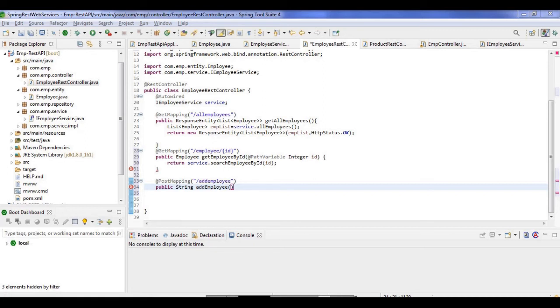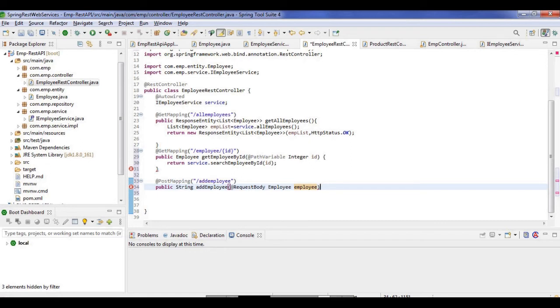So for further clarity, let me write down the code. Just @RequestBody, and this is Employee. Okay, so here it is, we're done with this, and this is more clear basically.